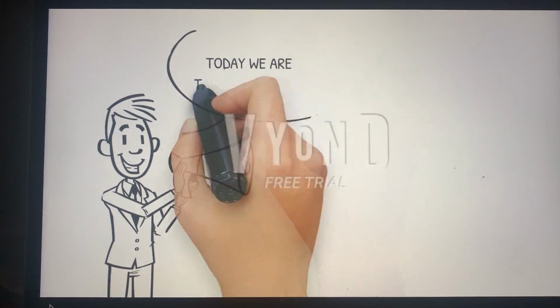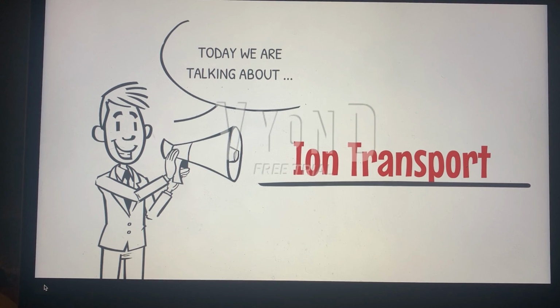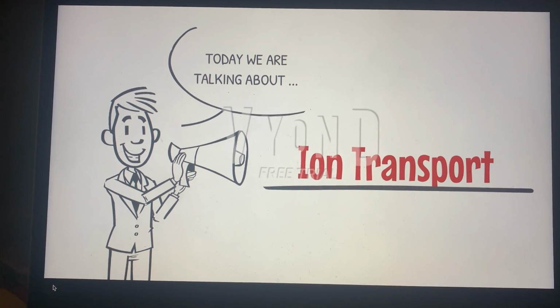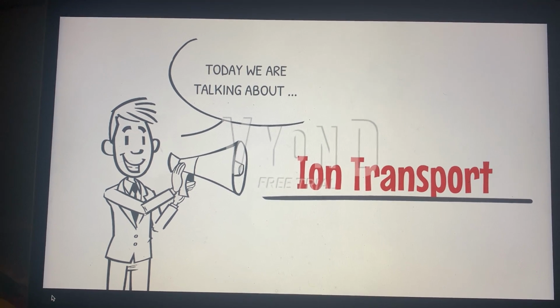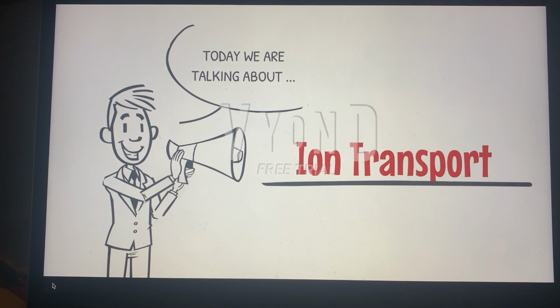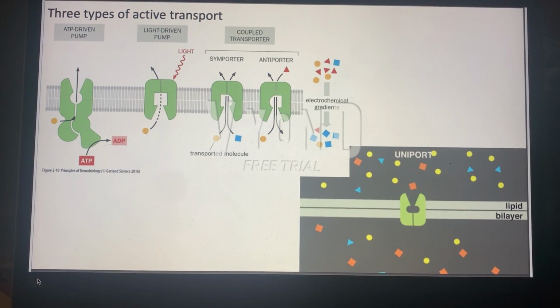Hello again, and in this video I'm going to be talking about ion transport and how it relates to active transport. However, I'm going to give a brief overview of passive transport and how that relates to active transport. So when we're first looking at passive transport, we could think of an example of passive transport being simple